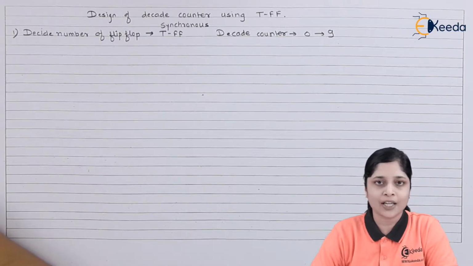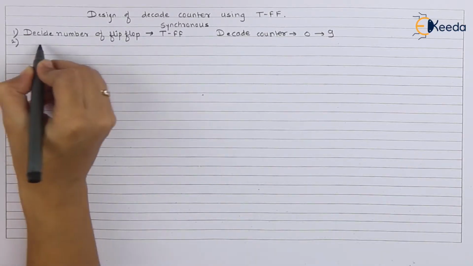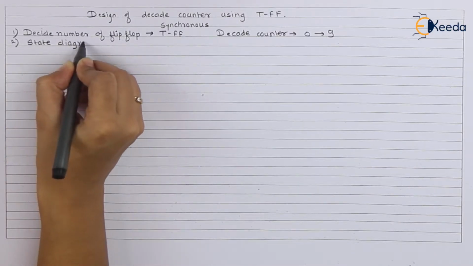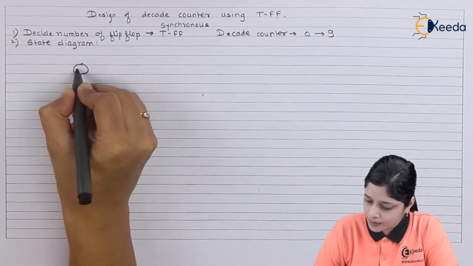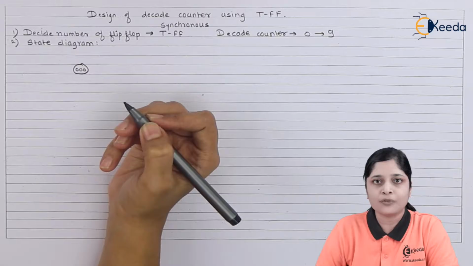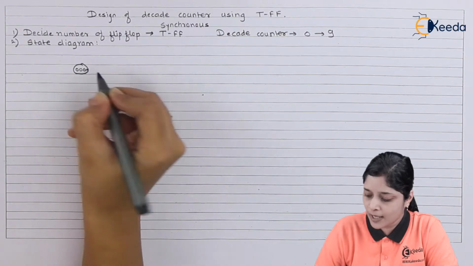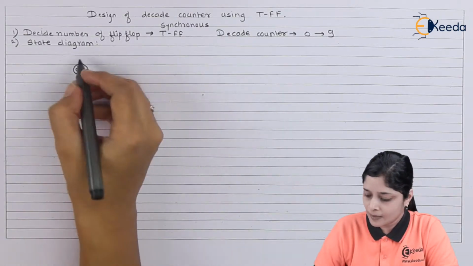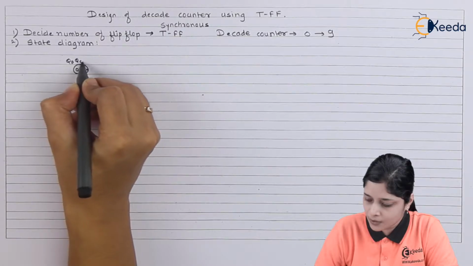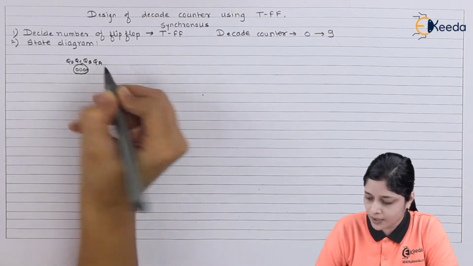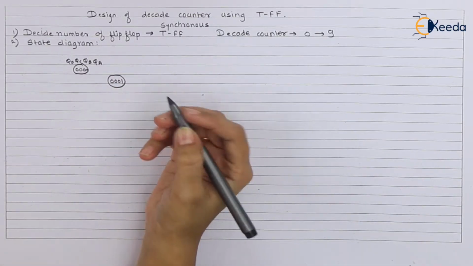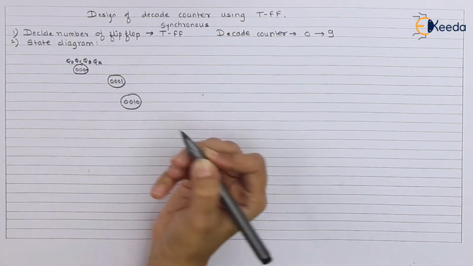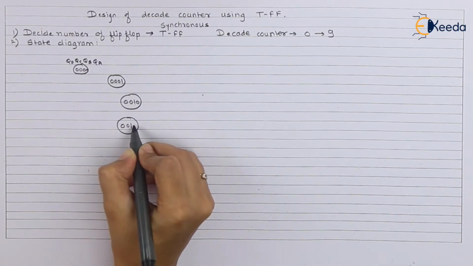So, we will draw the state diagram for the decade counter. This is 0, 0, 0. We have to draw for decade counter. So 0, 0, 0 and one more 0 is required. This is your QD, QC, QB and QA. So you have to start from 0, 1, this is 2, 3,